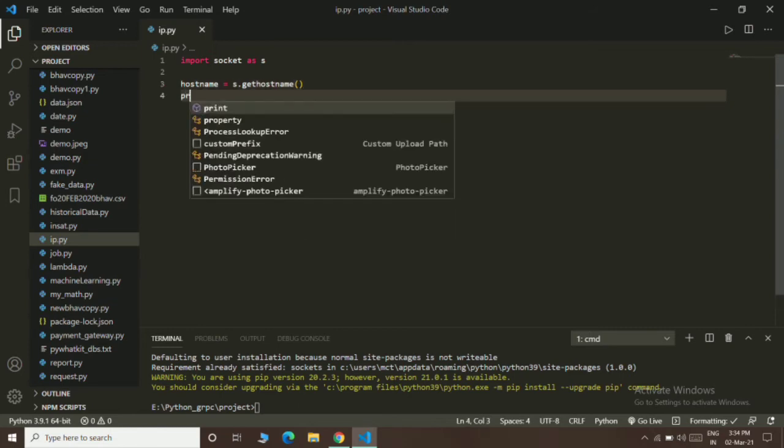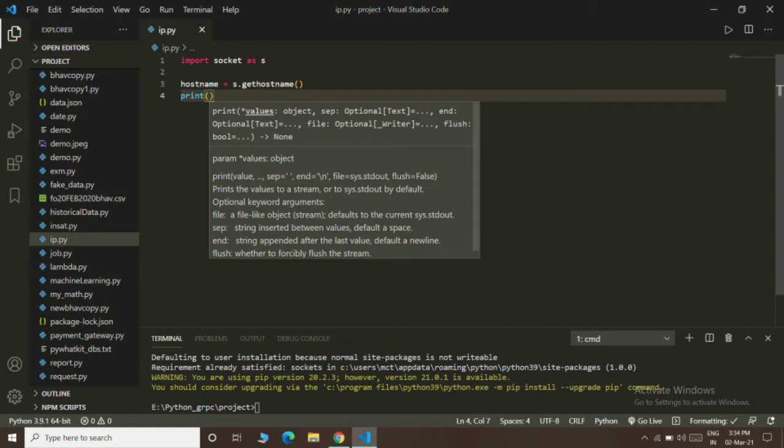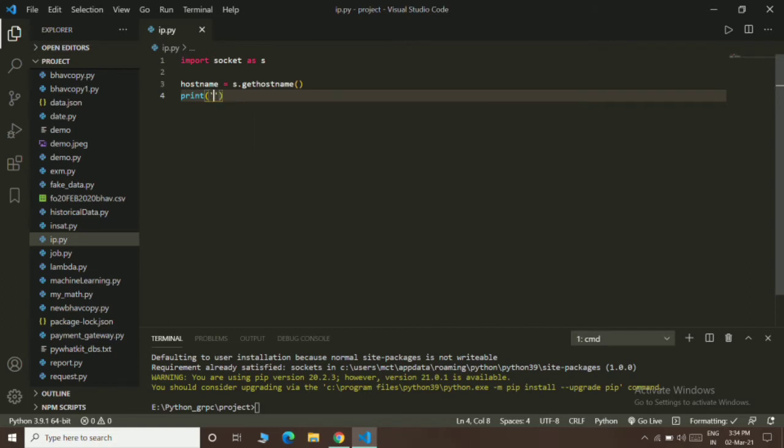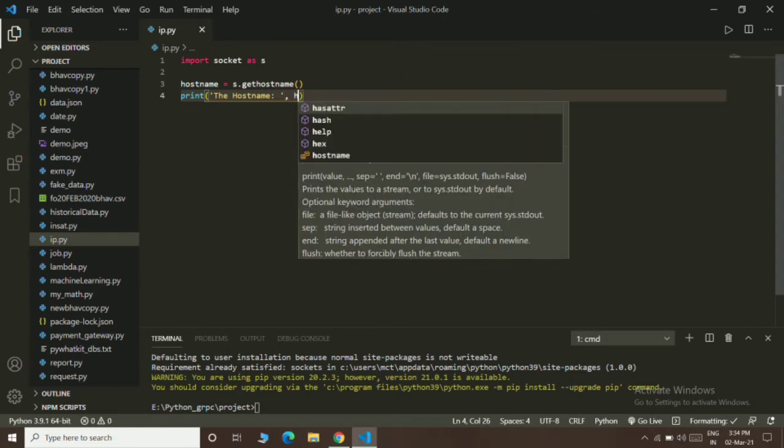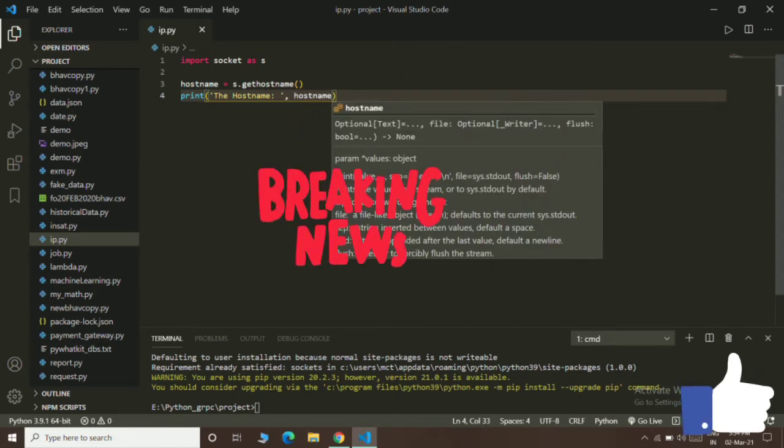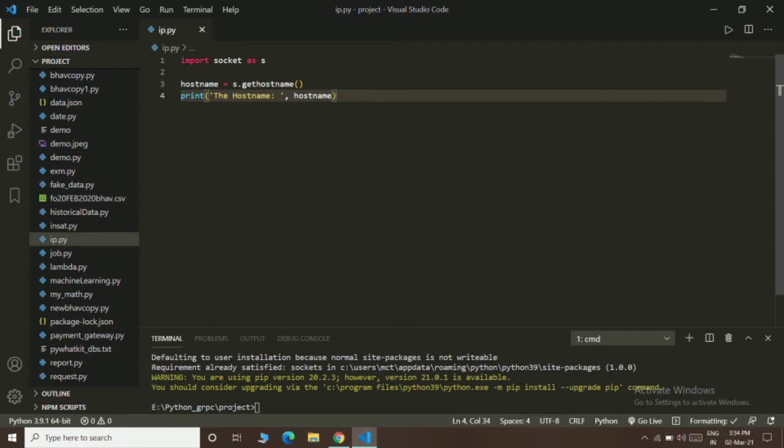I am using the print function. With the help of the print function we print the host name.